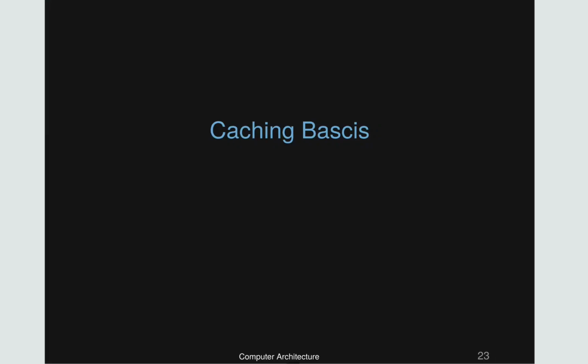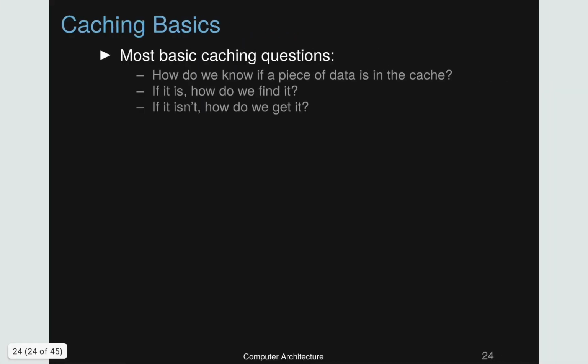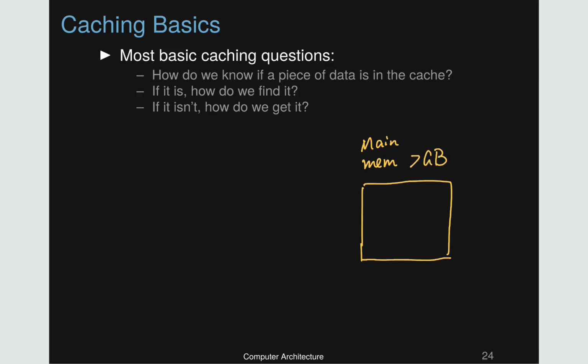To properly use the cache or to design a good cache, we usually have to answer three basic questions. We know that cache is only used to store a subset of the data that exists in the main memory, and we know that main memory usually means a very large storage. That is, the main memory usually has a capacity of several gigabytes, or even tens, hundreds of gigabytes, or even terabytes of data. And the cache, however,